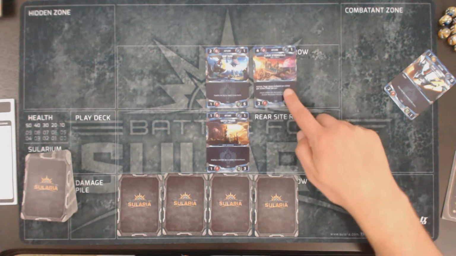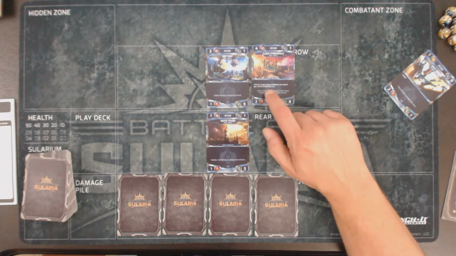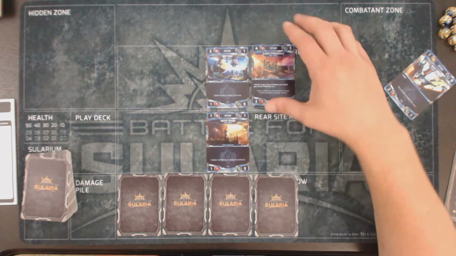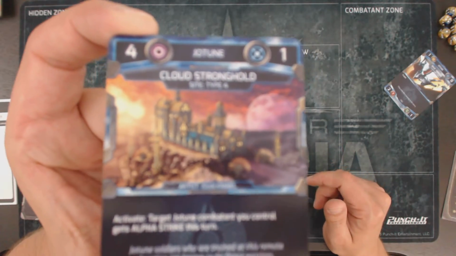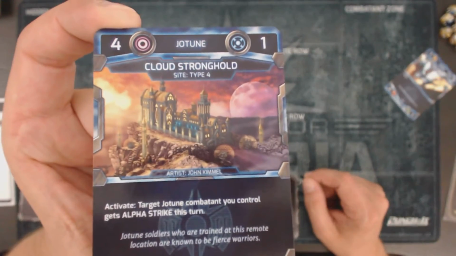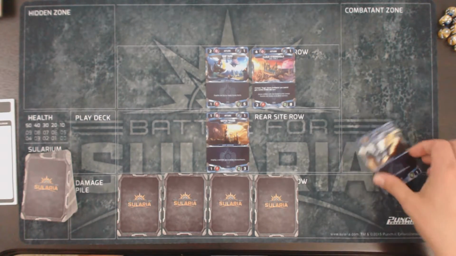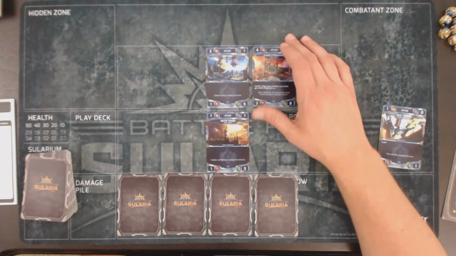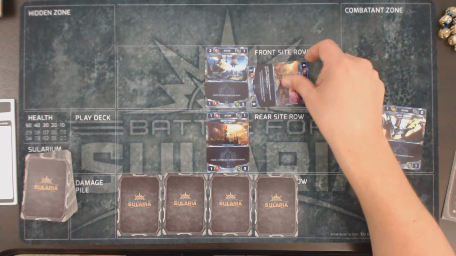I have to choose whether to put it into the front or rear site row. And in turn, those sites are going to have abilities sometimes. So in the case of the Cloud Stronghold, for example, the Cloud Stronghold says activate, and target combatant you control gets Alpha Strike this turn. So we won't go into Alpha Strike yet. We'll have a video specifically relating to Alpha Strike, but I just want to let you know that these sites can have those abilities. And whenever a card says activate, all that means is that we're going to rotate the card 90 degrees,